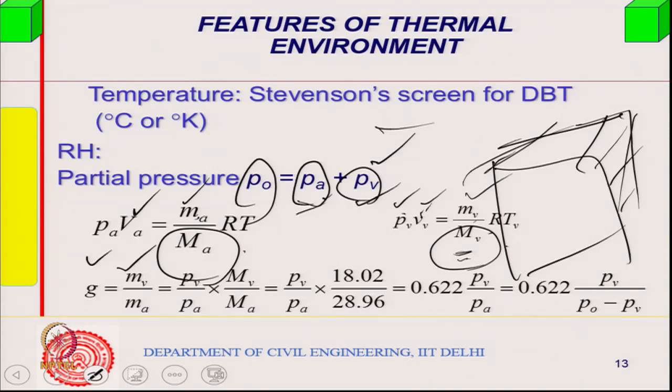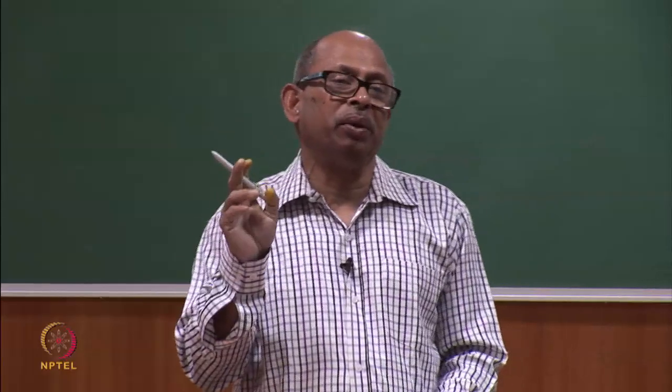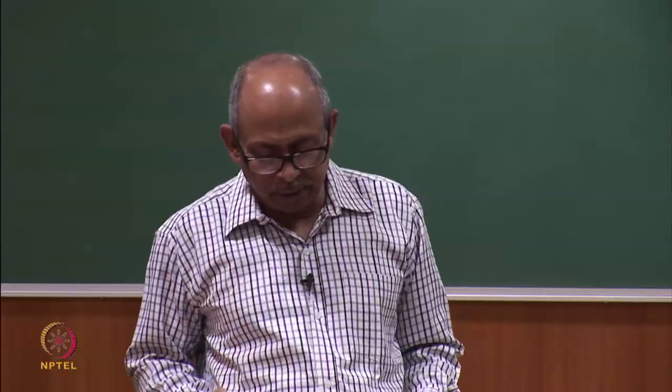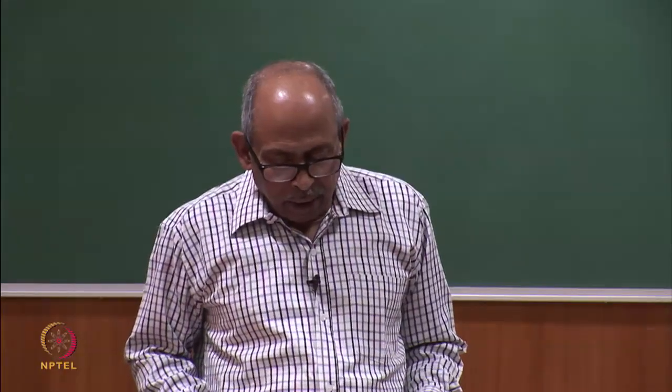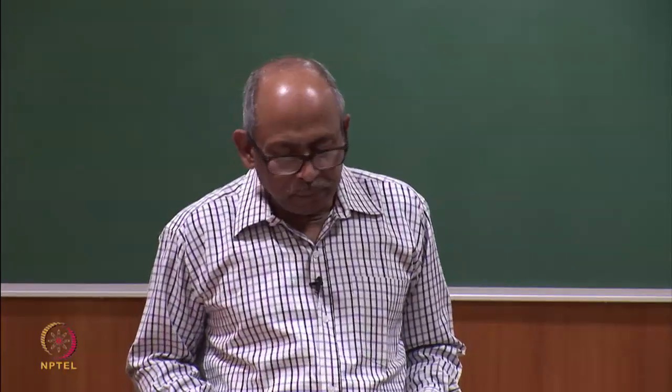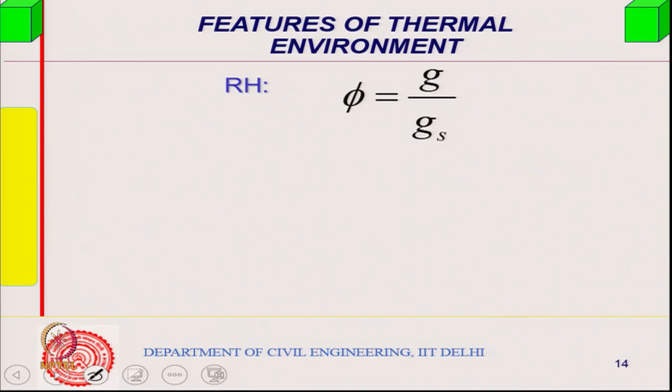So I put it as Mb by Ma, I can write it as Pb by Pa, and doing a little bit of algebra, that comes out to be 0.622 times the partial pressure of vapor divided by the pressure of dry air. And Pa is nothing but P0, the atmospheric pressure, minus the vapor pressure. So you can calculate the moisture content in terms of partial pressures themselves, provided you know the partial pressures. The psychrometric chart therefore gives you partial pressures also corresponding to moisture content. Okay. Relative humidity, how is it related? It is G by saturated Gs, by definition.